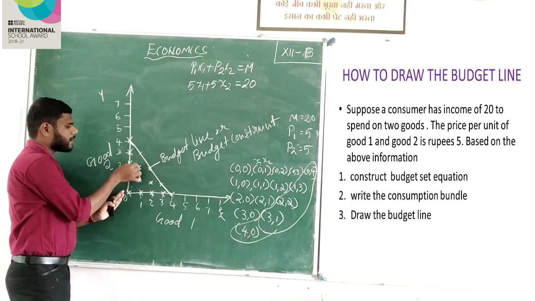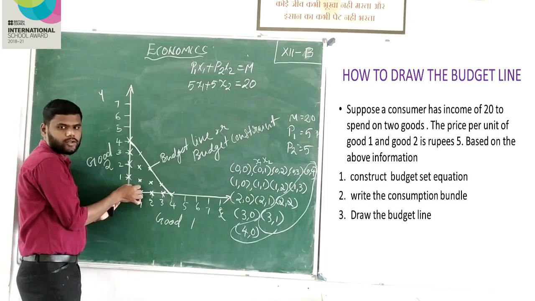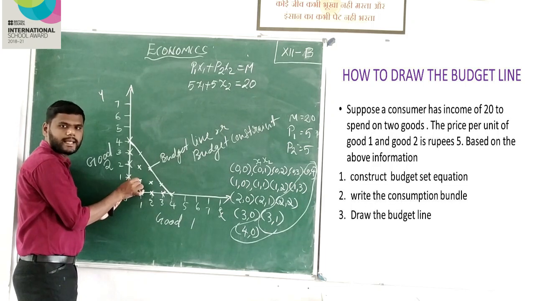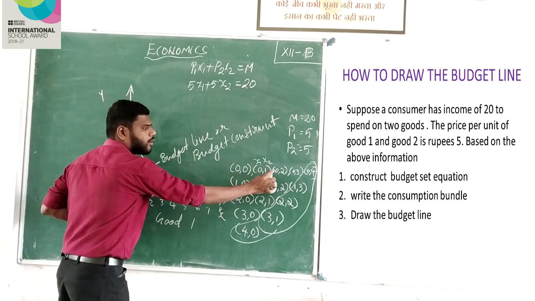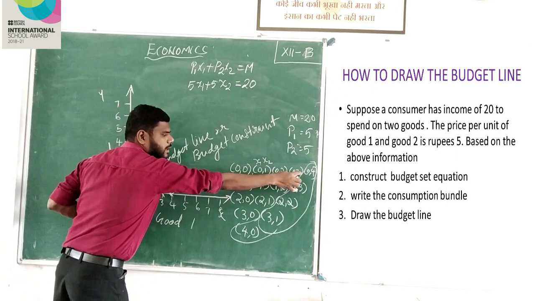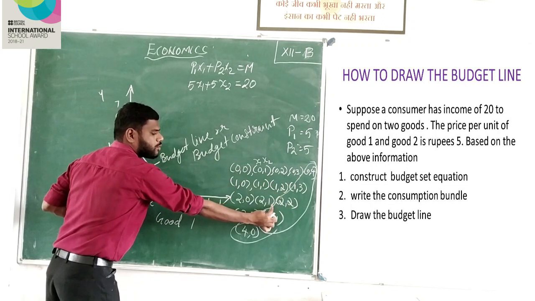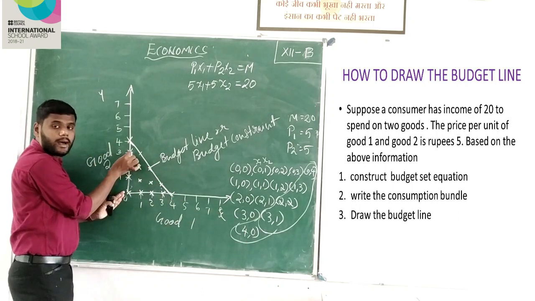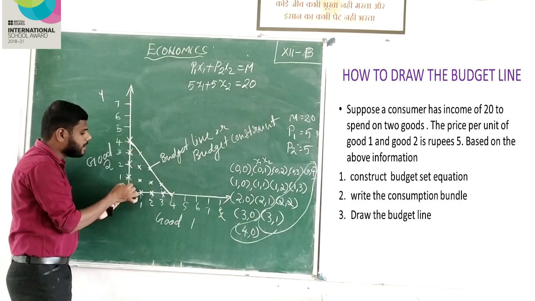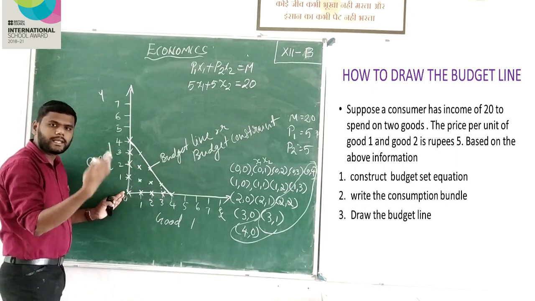So these are the bundles that are less than the income of a consumer. That is (0,0), (0,1), (0,2) and up to (0,3). Here up to (1,2), here up to (2,1), here (3,0). These are the bundles inside the budget line, which shows that he can purchase them,